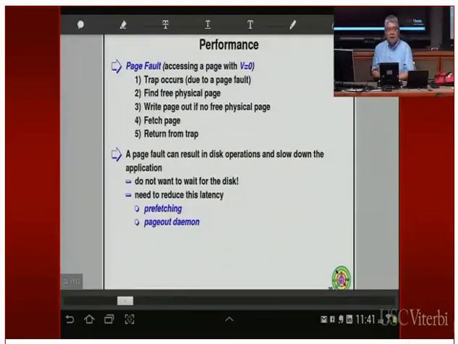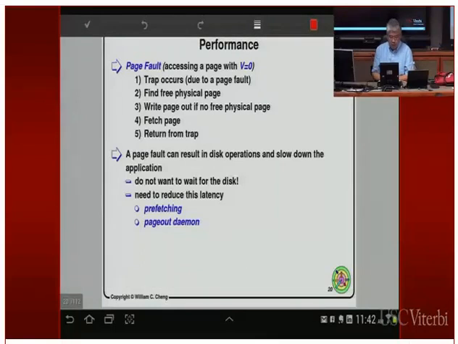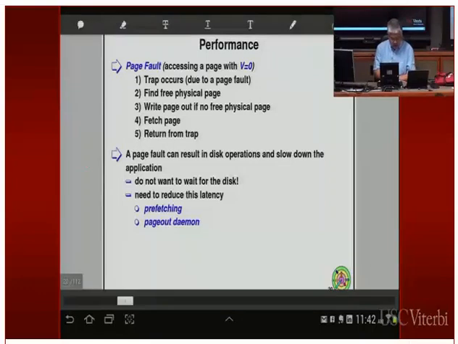Okay, so over here, we talk about how this process is very, very slow if you need to look for a page in the physical memory. If we go back to the previous page.